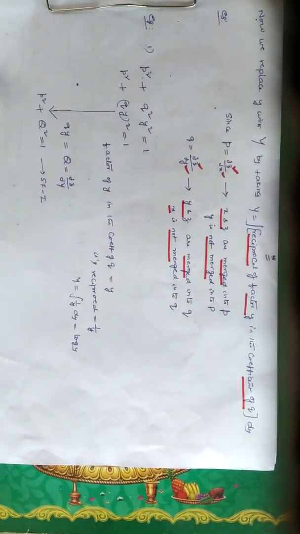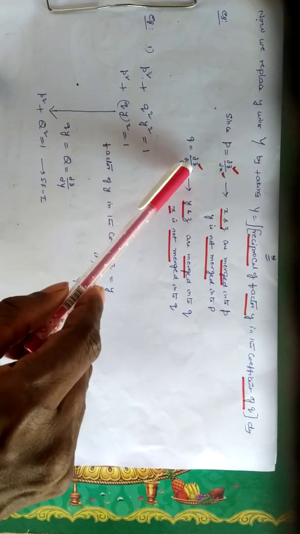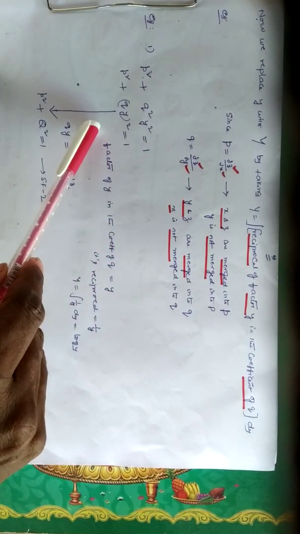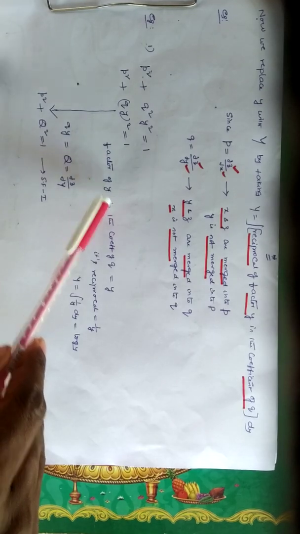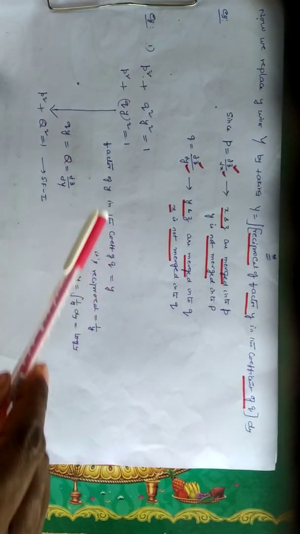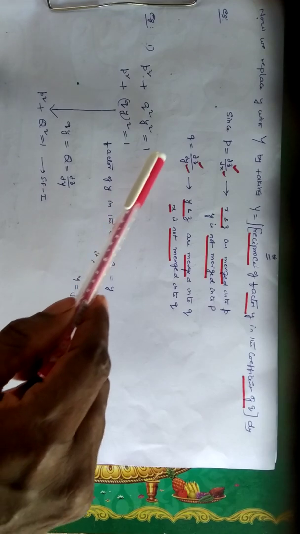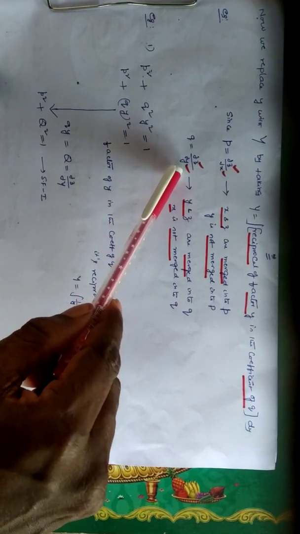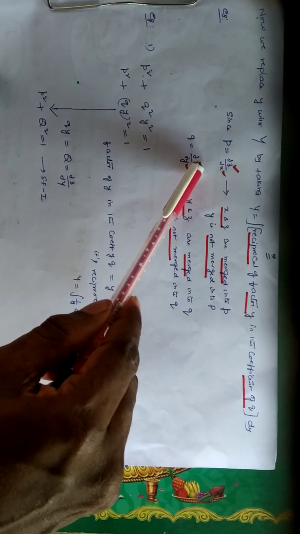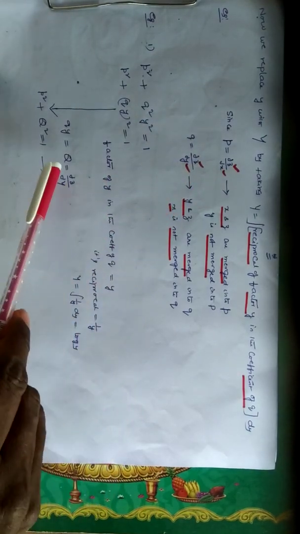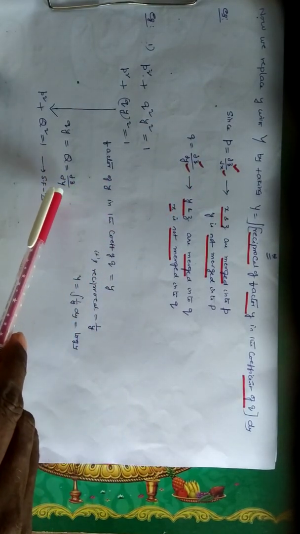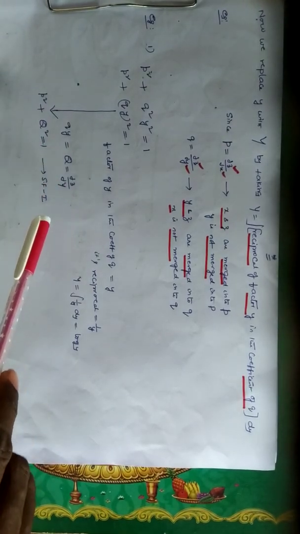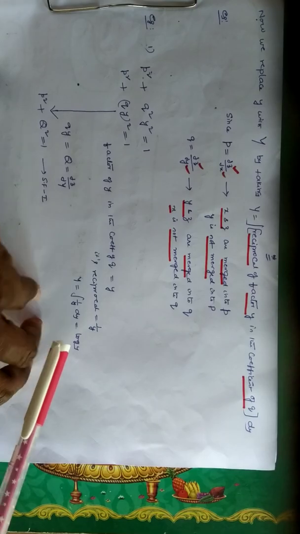Generally, small q is dou small z by dou small y. In this problem, we replace small y with capital Y. Hence, in this notation of small q, we replace small y with capital Y. Z is as usual. Hence, we get capital Q as dou small z by dou capital Y. Hence, this belongs to standard form 1. Next, we go to another example.